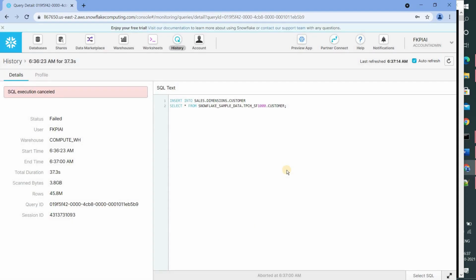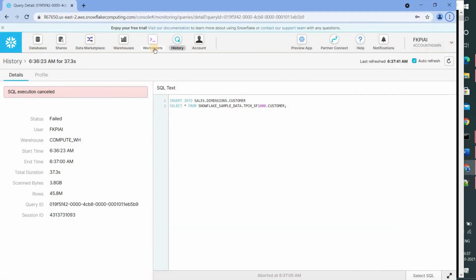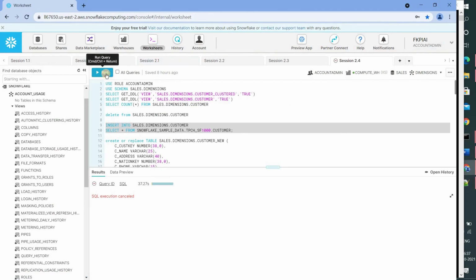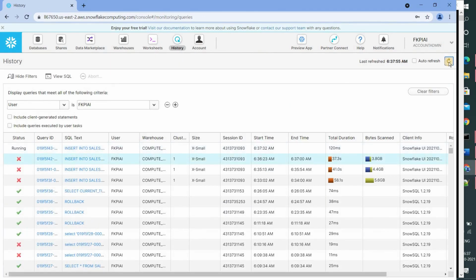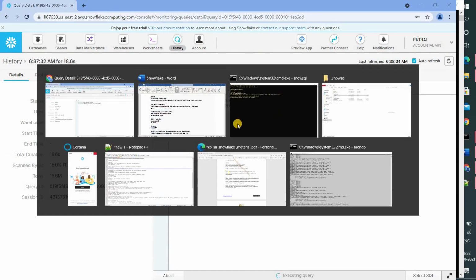That's it. And we have a third option, that is using the system function. We have a system function called system cancel query. Let's run the same query again. Refresh one more time. Now our intention is to abort this particular query using the system function.